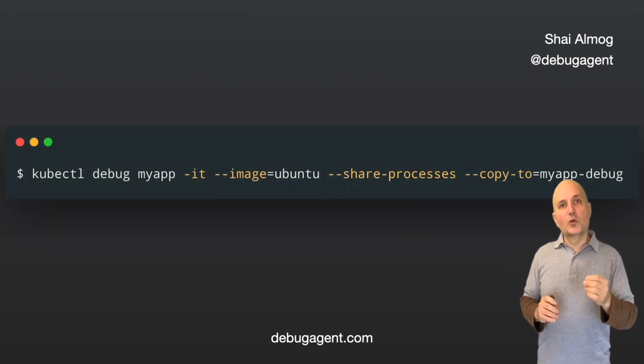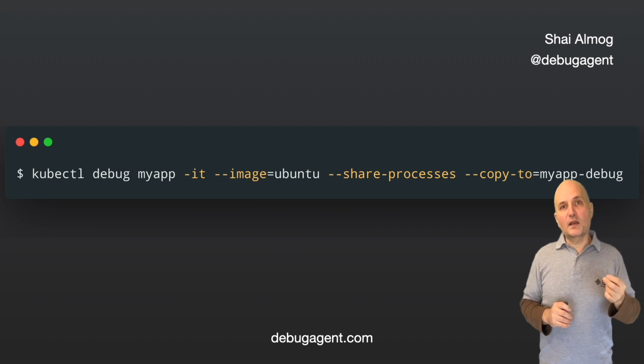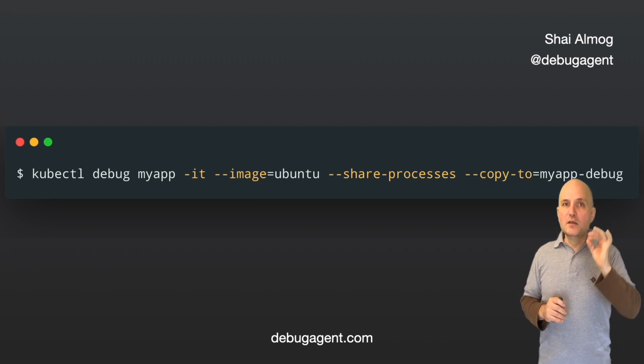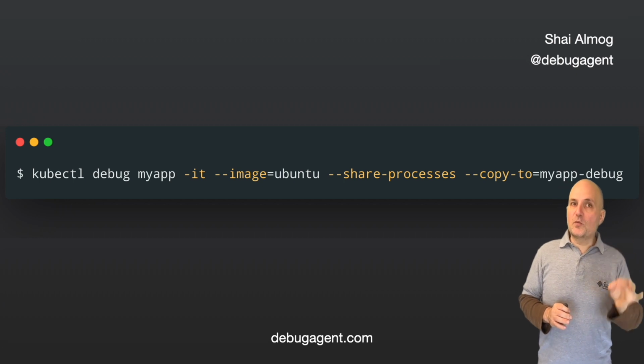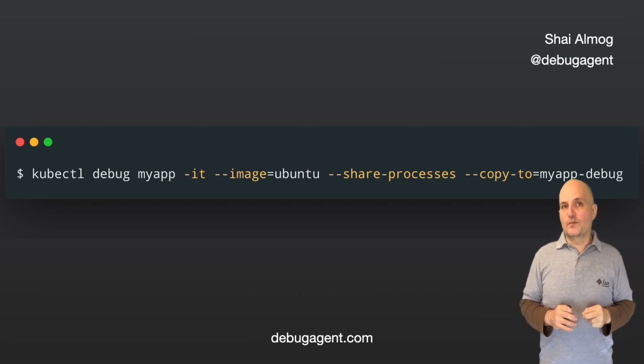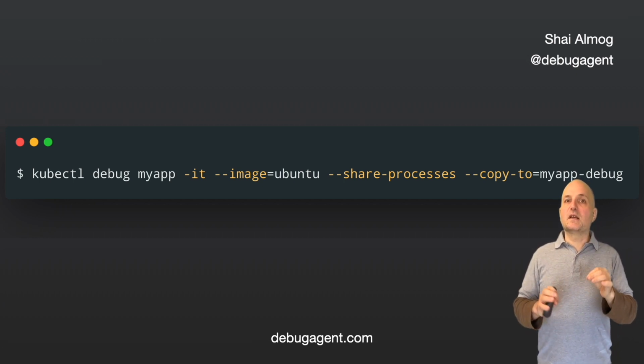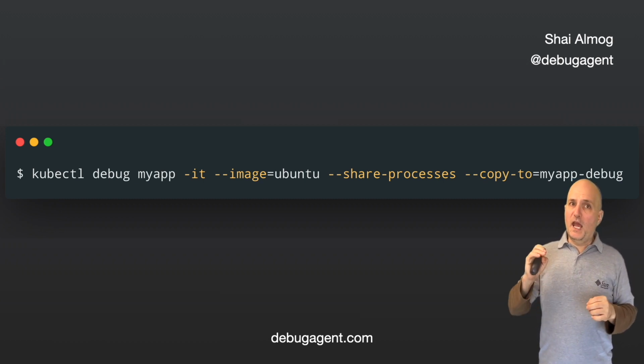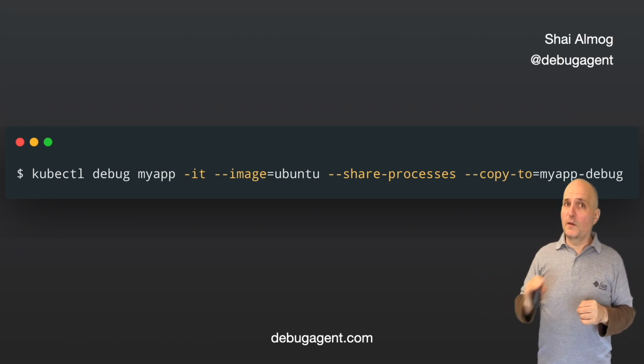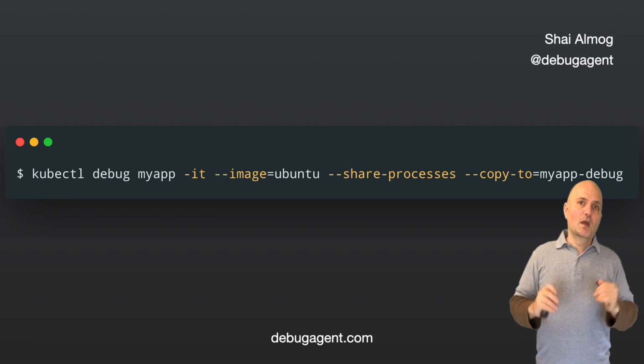In this code, we're not connecting to our container. We're creating a new container from the given Ubuntu base image. This is an ephemeral container, and it will disappear when the pod is destroyed.